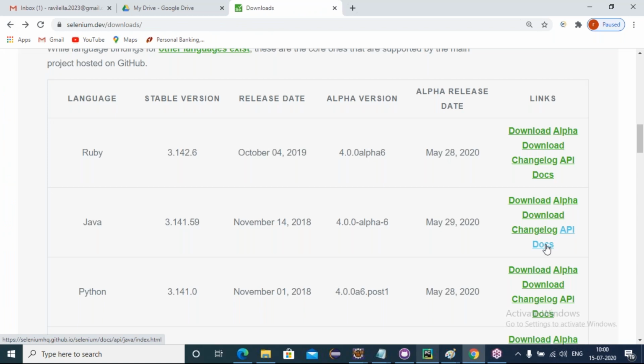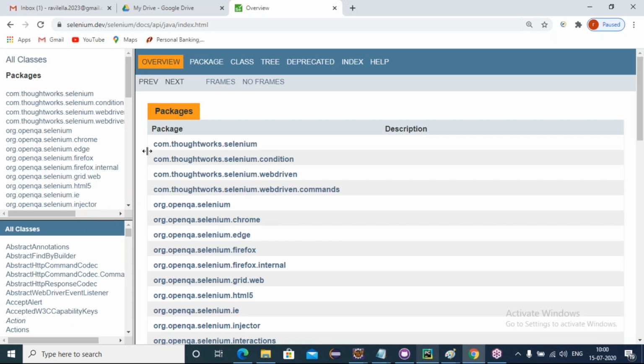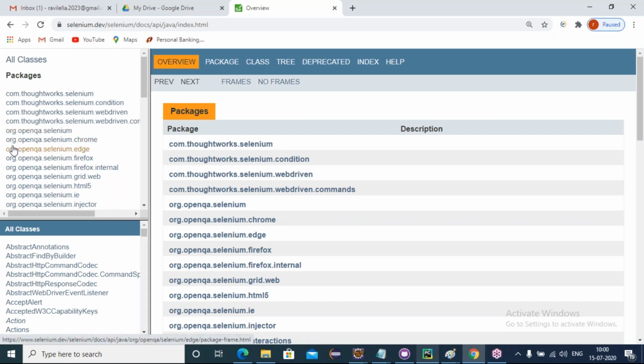And here we can see the docs, the API docs. In Selenium, various programming language bindings are supported. If you want to see the language-supported libraries, such as the Selenium language binding for Ruby, click on API docs. For the Java language binding, if you want to see the Selenium libraries, click on the API docs. If you click on this, the Java language binding for Selenium opens here. Everything is org.openqa.selenium, org.openqa.selenium.chrome, like this. All the Selenium-related libraries are there.